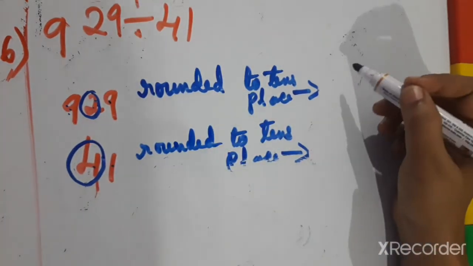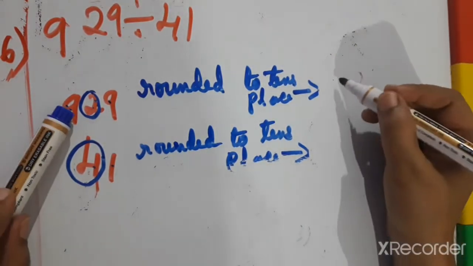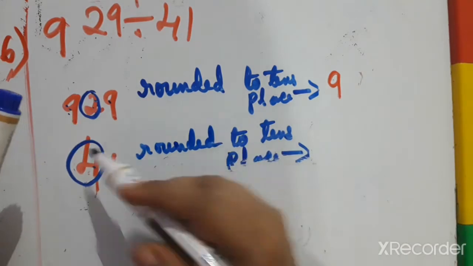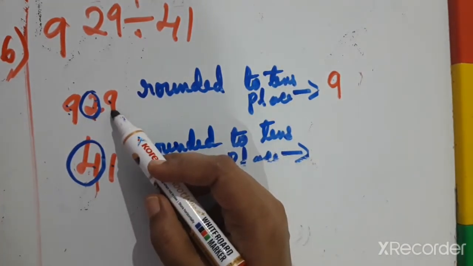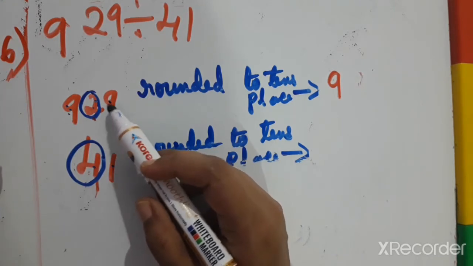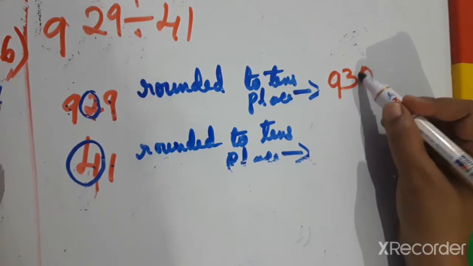929 rounded off. So 9 remains the same as it is, no changes. Okay, 9 remains the same as it is, no changes. And which number is rounded? 2 is rounded. So we have to check our next neighbor. If the neighbor is rich, or 9 is a rich person, so here 1 is added, 2 will become 3. And once the door is knocked, that person becomes poor.